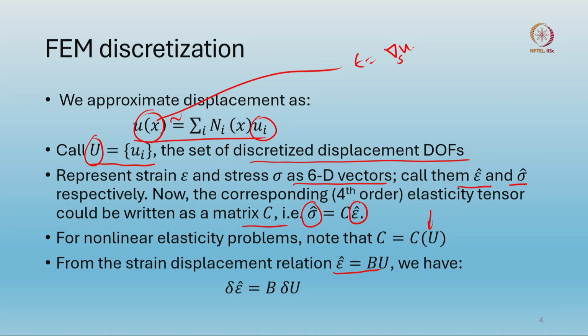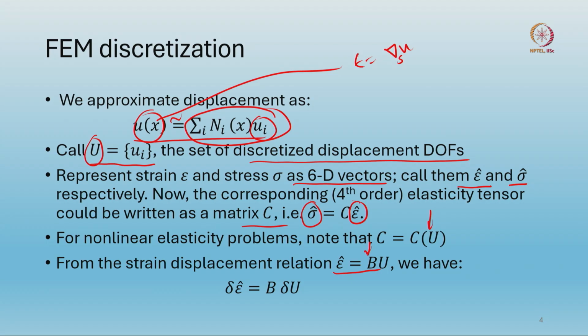If you apply that symmetric gradient to this finite element approximant, then what we will be having is the derivatives of Ni entering in constructing this strain displacement matrix B. So epsilon hat is equal to BU. I am assuming that you know what a strain displacement matrix B is and how to construct it. If you are not very comfortable, you can go back at this stage to a basic finite element text or a suitable NPTEL lecture on the finite element method and refresh your memory on how to construct B. Okay? Now